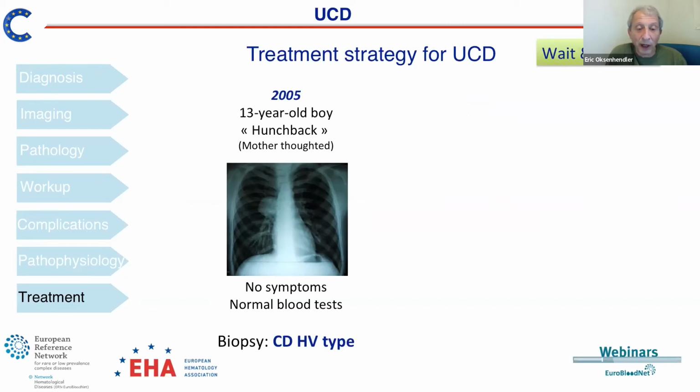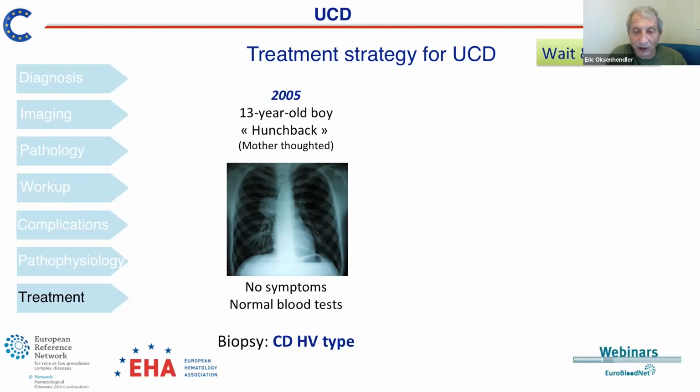So he underwent a chest X-ray, and the radiography revealed a solitary, well-defined mass in the mediastinum. At that time, he had no symptoms, normal blood test, and a transthoracic biopsy revealed a diagnosis of Castleman